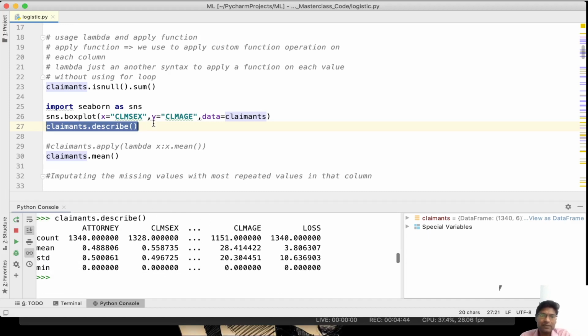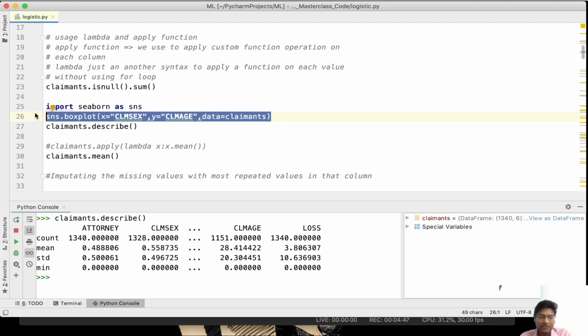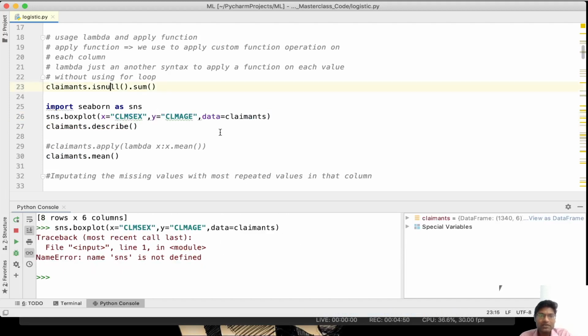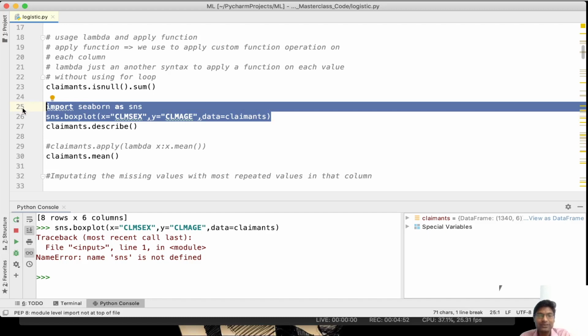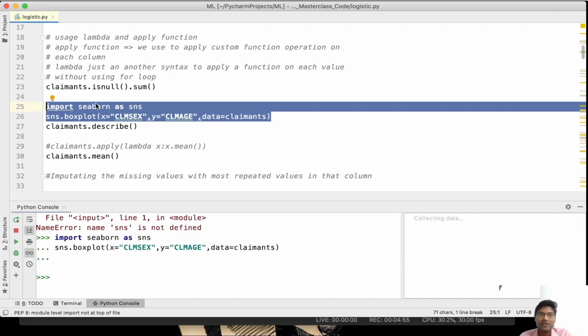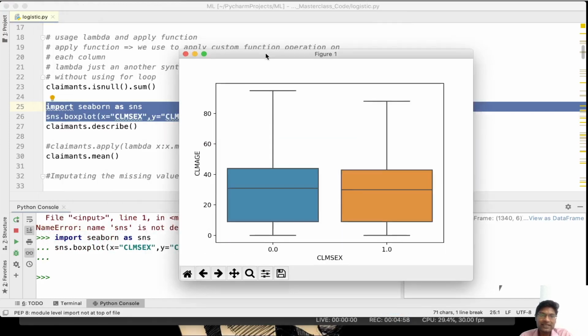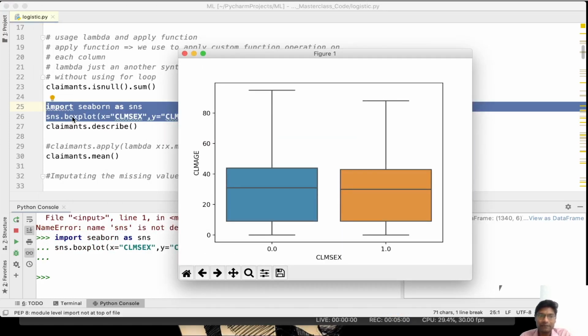The same thing can be observed using a simple graph and we can understand it as well. To build the box plot, I am making use of the Seaborn package. Once I import the Seaborn package and build the box plot, this is the graph I get. The X column is split based on the number of categories contained in this X column, and then the age is on the Y side. Every single box is called the box plot for that particular category. So for claimant X with category 0, this is the age distribution.